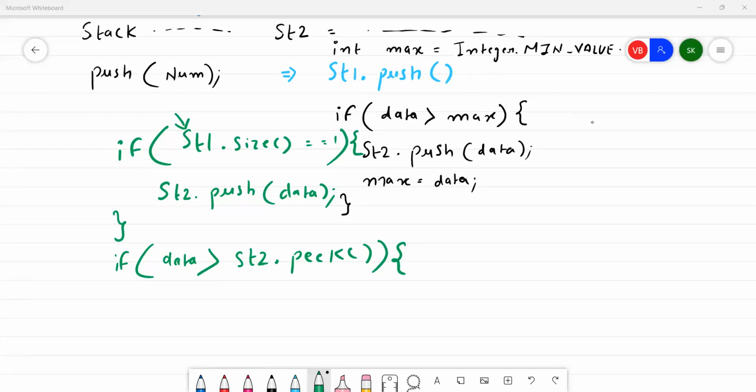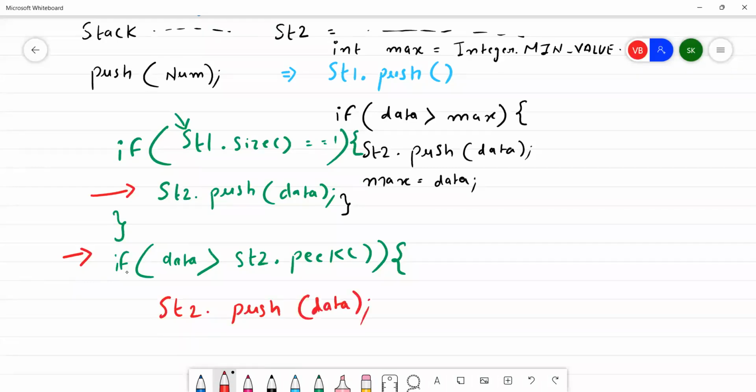Please explain the last part. Are you talking about the greater one? See, one data got inserted into your second stack for the maximum values. But now, if the coming value is bigger, you need to insert it into your second stack. So here we are checking data is greater than s2.peek. If it is greater, then we have to do s2.push with data here. Otherwise, if this condition is not true, then in that case, what do we need to do? Else